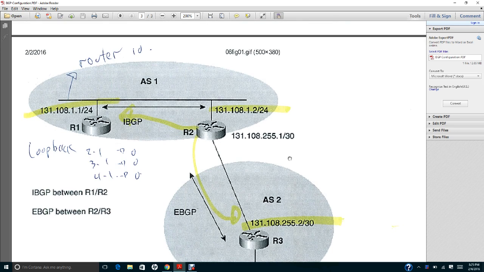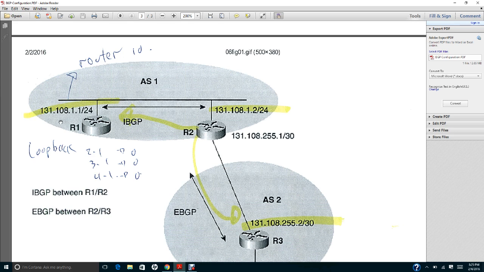Okay, here basically we have three routers, R1, R2 and R3. R1 and R2 is interior border gateway protocol, and R2 to R3 is exterior border gateway protocol or BGP.